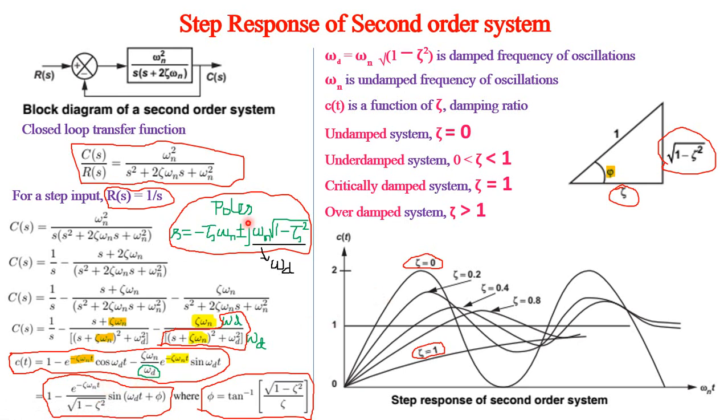But when the damping ratio equals 1, the imaginary part will not be there. When the imaginary part is not there, sine and cosine will not be there, so we will have only real parts. So there won't be oscillations. It will be like this. Anyway, we are going to see that in the next slide. When the damping ratio equals 0, it is continuously oscillating. This also we are going to see in the next slide.